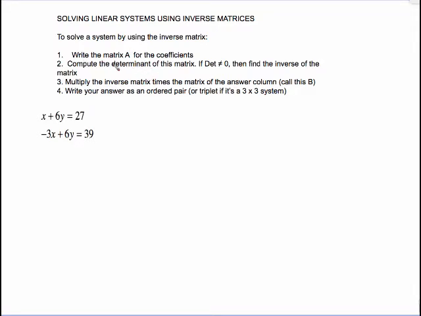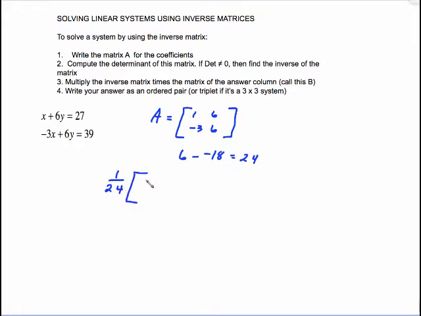So number one, you write the matrix A for the coefficients. What does that mean? Matrix A, just the coefficients of x and y. So this is 1, 6, -3, 6. We do the determinant. 6 times 1 is 6 minus -18 gives me a determinant of 24. As long as the determinant does not equal 0, that tells me there is an inverse matrix. So the inverse matrix is going to be 1 over 24